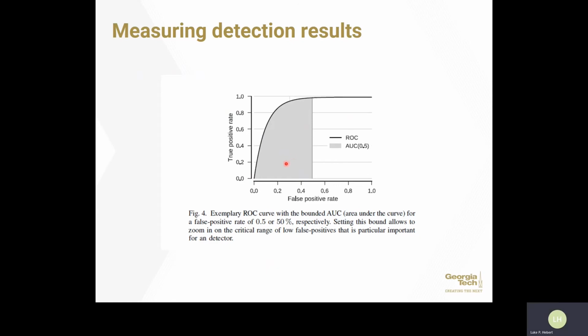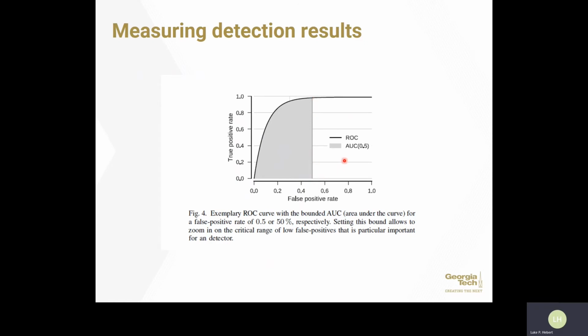A perfect IDS would have a 100% true positive rate and a 0% false positive rate. And so the ROC curve would be a vertical line coinciding with the y-axis, and of course the area under the curve would be 0 because it's a vertical line. However, there's no IDS that I know of that has such a ROC curve or an area under the curve, so it's common practice to put an upper bound on the false positive rate here on the x-axis. And you can see this upper bound here as being this gray vertical line leading up to the ROC curve.